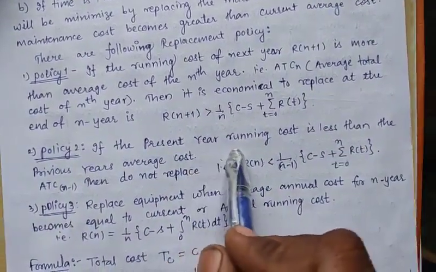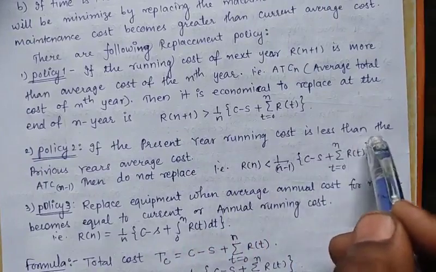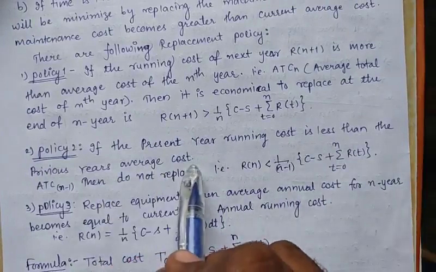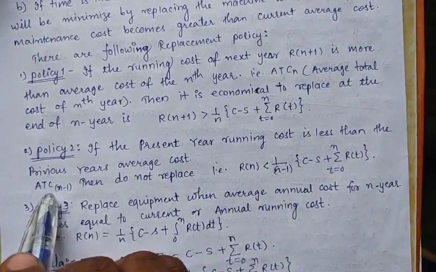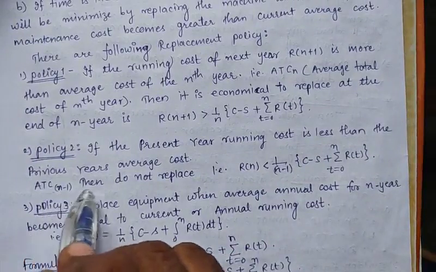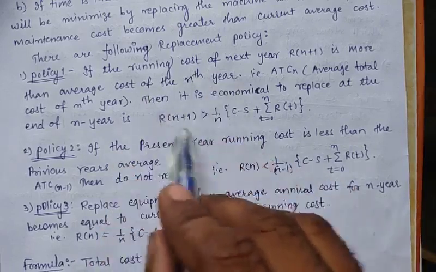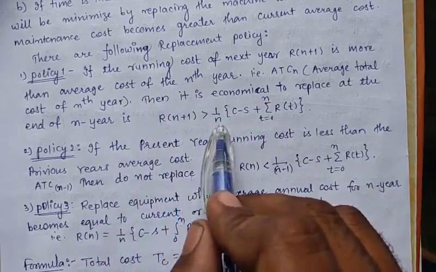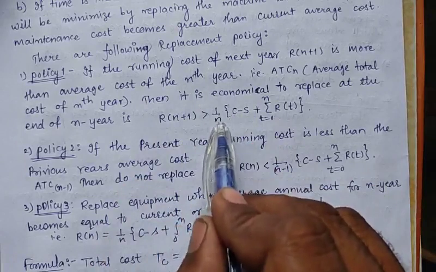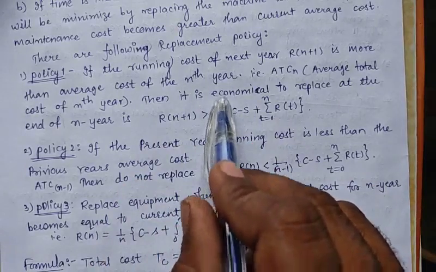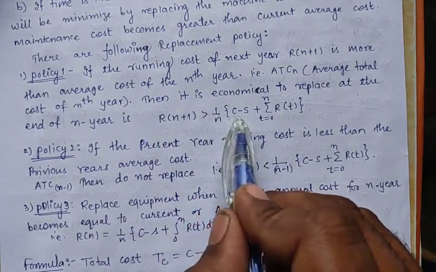If the present year running cost is less than the previous year's average total cost at (n minus 1)th year, then do not replace. So what is the formula here? R of (n plus 1) is greater than 1 upon n. So this is n number of years. So 1 upon n into (C minus S)